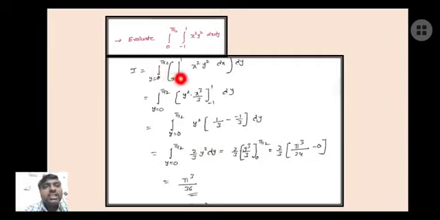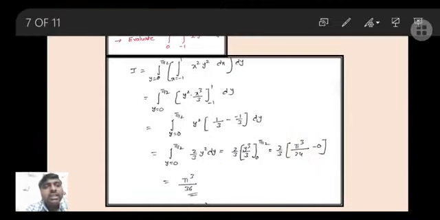Okay, the double integration can be changed into the definite integral. So that is equal to 2 by 3 is constant. Now I am writing the integration value of y square. So the integration value of y square is y cube by 3 under the limits 0 to pi by 2. So that is equal to 2 by 3 into, by replacing upper limit pi by 2, that can be changed into the form of pi cube by 24 minus 0. Now simplifying this one, you are getting pi cube by 36.